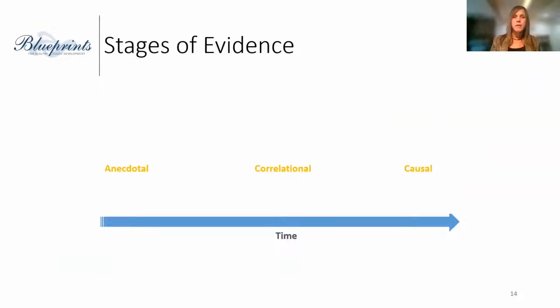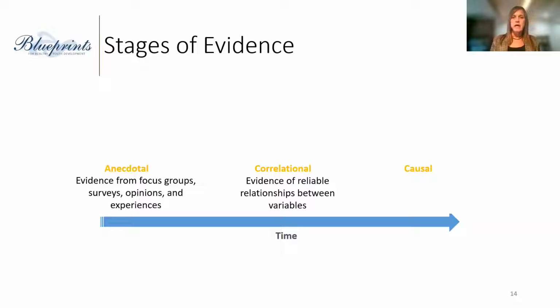So first, I'm going to talk about what we mean by stages of evidence. Evidence takes time to generate. It doesn't just happen. And there are stages of this work. The first being we'll build evidence that's more anecdotal. Could be that someone has a really good idea. Evidence is then formed from focus groups, surveys, or opinions and people's experience. So that's anecdotal evidence. And then over time, you develop your interventions, develop your programs, develop your strategies, and start